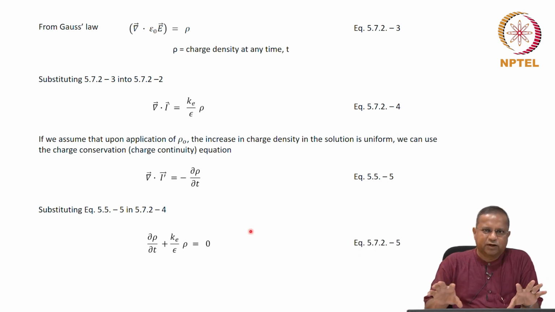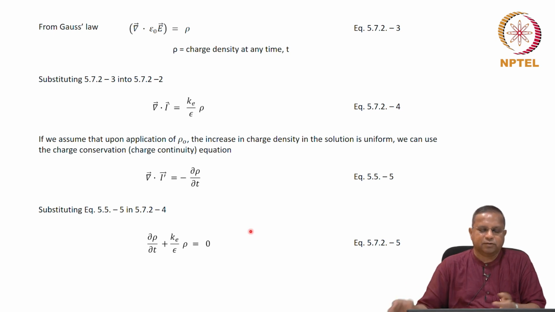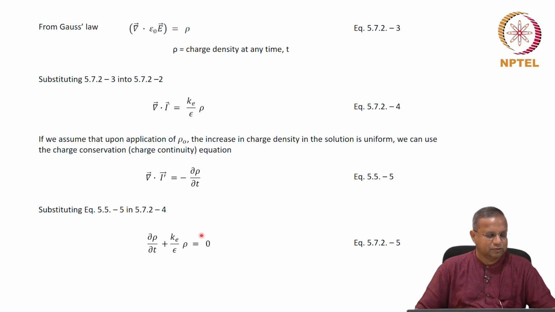Very fundamental aspects. Charge conservation is as fundamental as it gets, so the charge continuity equation is widely valid. This comes directly from Maxwell's first equation, a very fundamental equation. We applied both to solutions and have come up with this equation, which gives us the variation of rho with time.